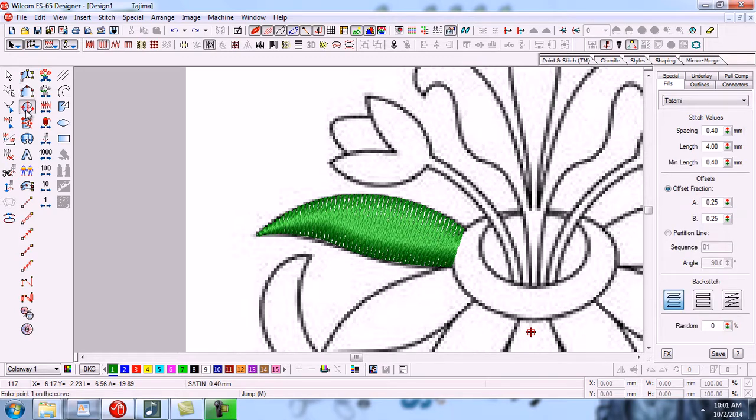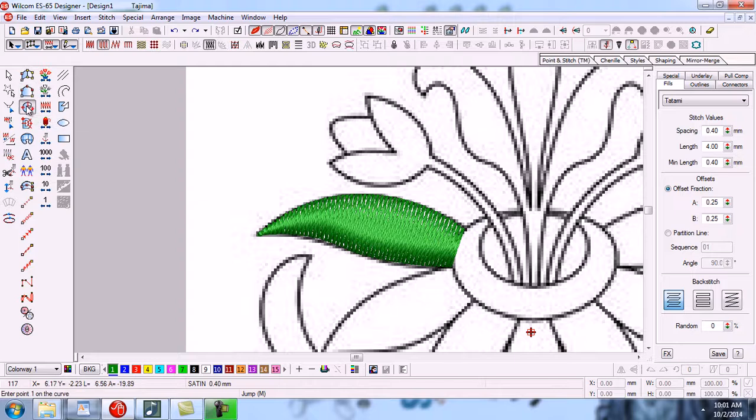And some values cannot be used in some tools. For example, in input A you can use satin stitches, tatami stitches, zigzag, e-stitch and counter also. In input B you can also use satin, tatami, zigzag, e-stitch and counter types of stitch values.